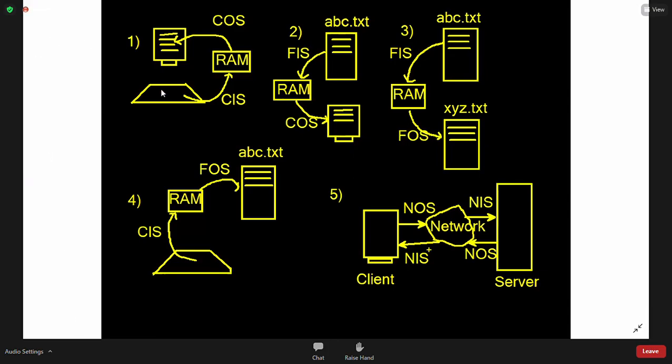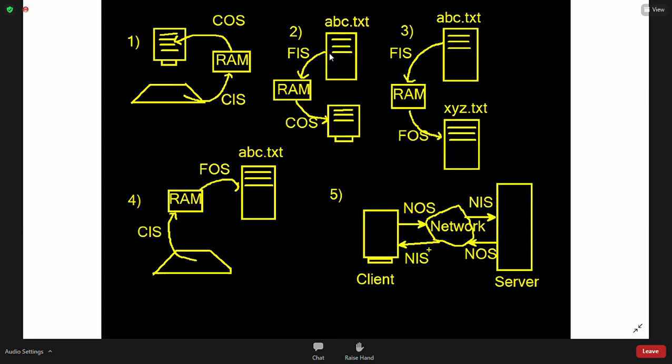Now, whatever I accept from keyboard, I want to display on monitor. But you haven't yet seen how to accept data from keyboard, like the scanf function in C language. You will see that today. Reading from keyboard, accepting data from keyboard, I haven't explained till now. Command line arguments I explained, but like the scanf function I didn't explain. That you will see today. So this is one type.